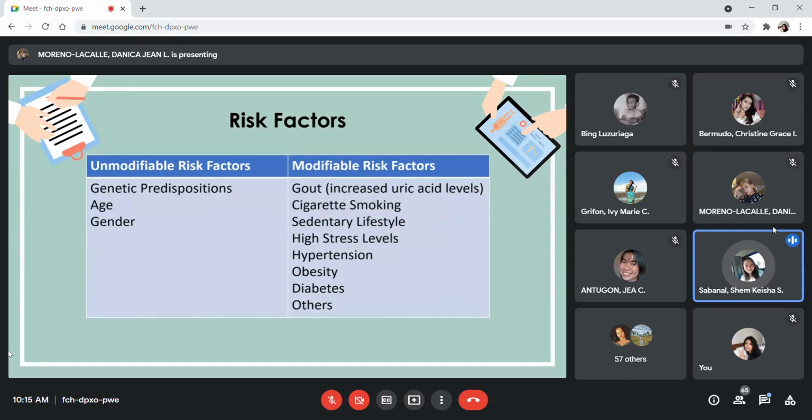So we have our unmodifiable risk factors. Of course, if genetic ang coronary disease in your family, wala na tayo mahimo ana. We have also the age. Coronary artery disease increases with age, and of course gender. So we will discuss later on which gender has a protective